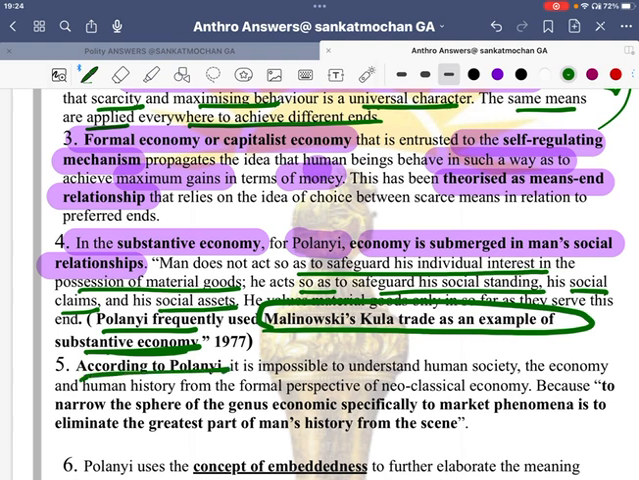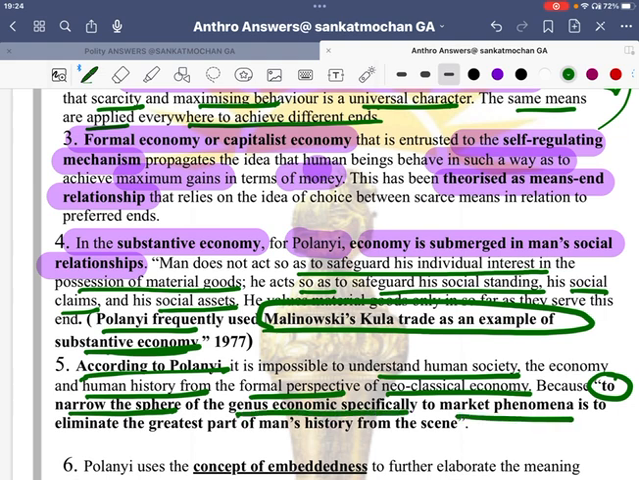According to Polanyi, it is impossible to understand human society, the economics of human history, from the formal perspective of neoclassical economy, because to narrow the sphere of economy, especially to market phenomena, is to eliminate the greatest part of history from the scene. Now see what he said. It is self-explanatory, but still,